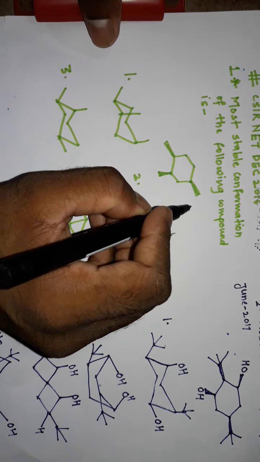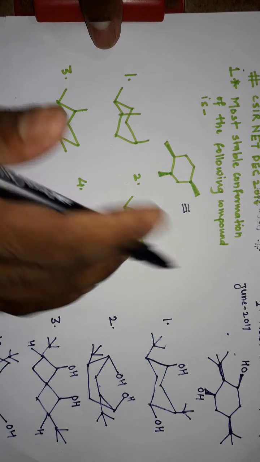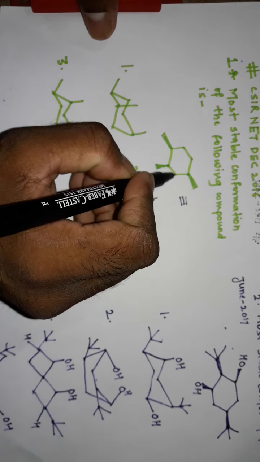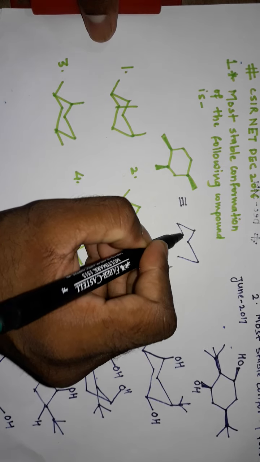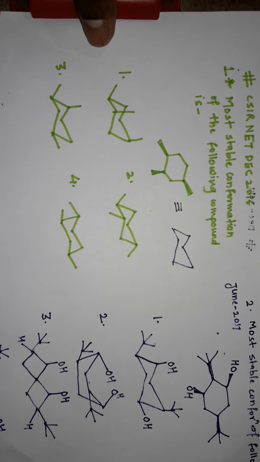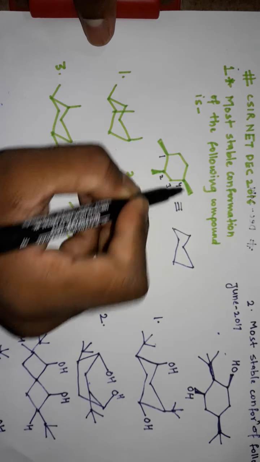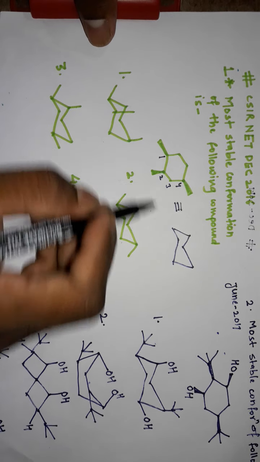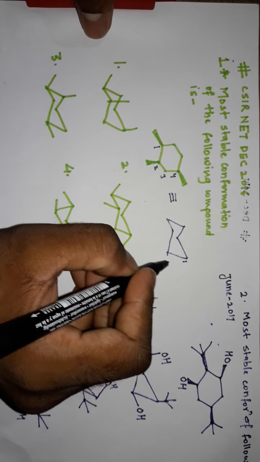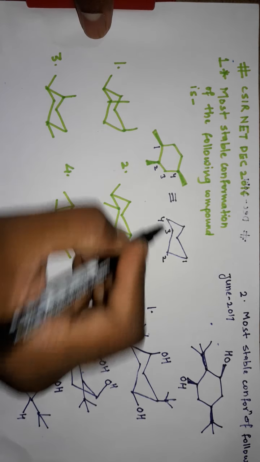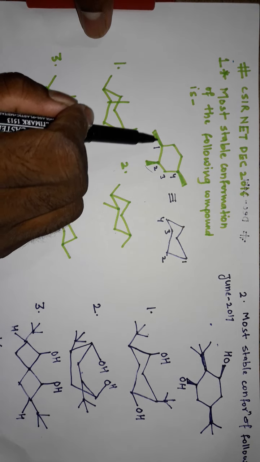So if we want to draw the structure without looking at the options, since it is cyclohexane, we can draw the chair conformer because it is the most stable amongst all. So this is cyclohexane. Now we can number it: this is 1, 2, 3, 4. Because substituents are present, we need to put those substituents in this chair conformer. So let us number this also, 1, 2, 3, 4. Now we need to keep the stereochemistry into consideration, because they have mentioned it.